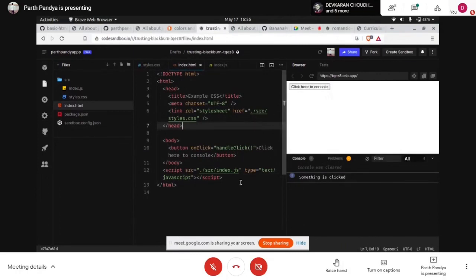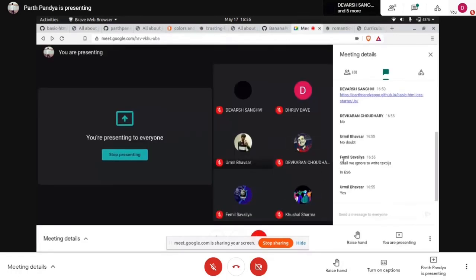So we are linking a text JavaScript file, and here we are linking a CSS file which is a style sheet. Here we are just defining a source, where to grab that file from. But what is that file meant for? That is defined by this style sheet. The browser needs to understand why this file is being imported here and where to use it. So clear, Camel? Yes, we have to define it.